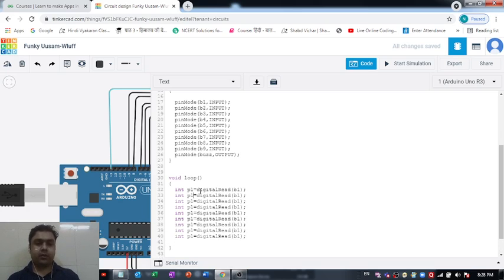So here p1 needs to be replaced with p2, and b1 needs to be replaced with b2, then p3 b3, p4 b4, then here we have to change it to p5 b5, then p6